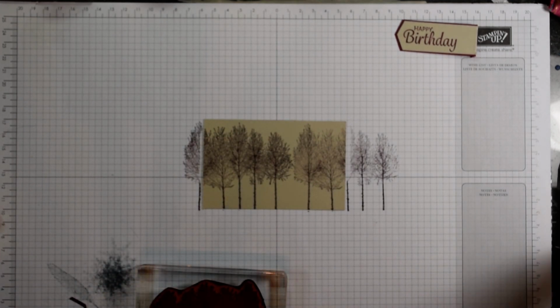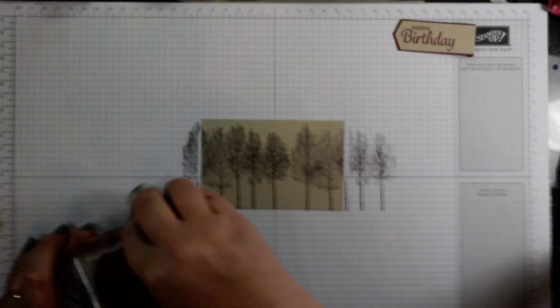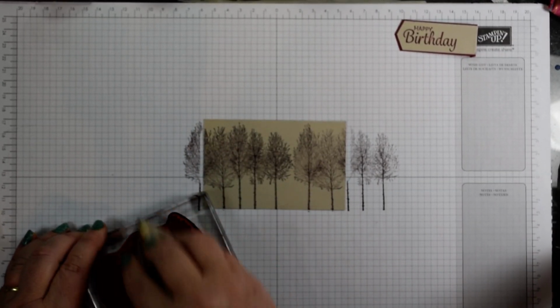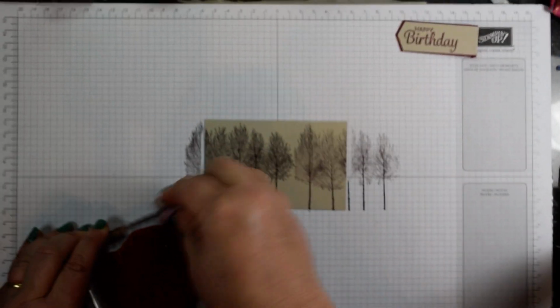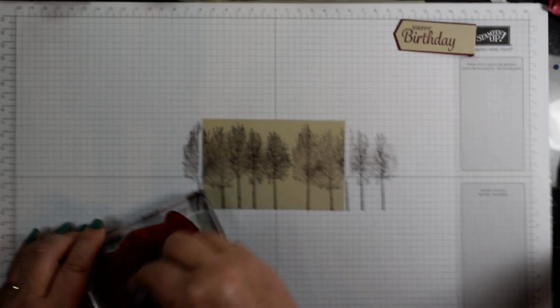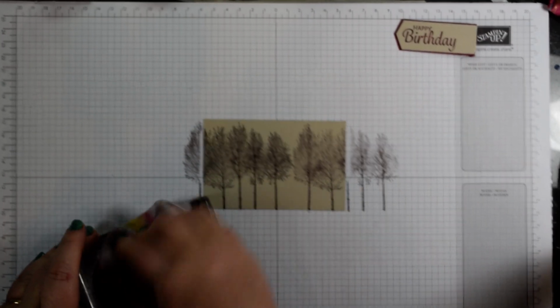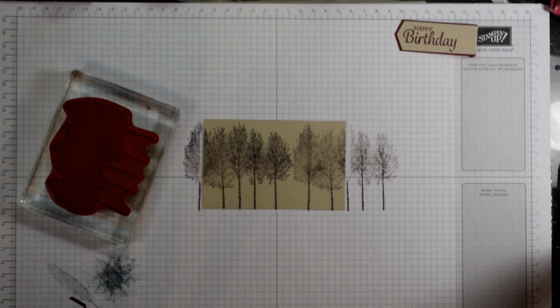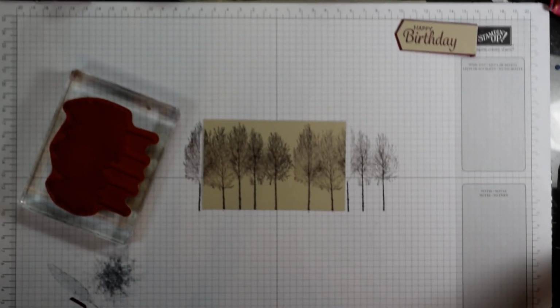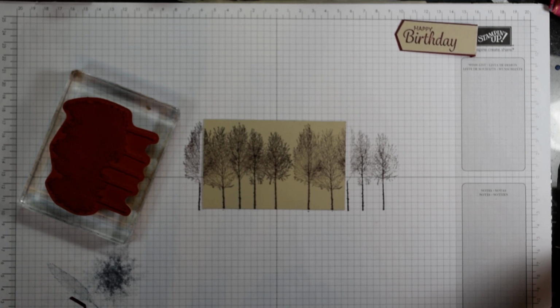I haven't inked that up quite as much as I did the first one, but that's fine because we're going to stamp over the top. I'm just using a piece of, it's a bit like Simply Chamois, just because it happens to be a damp, non-fibrous cloth. Don't use baby wipes. Most of them have fibres on them, but these reusable ones like the Simply Chamois are fabulous for getting a nice finish. So the next bit, I am going to be doing some heat embossing, should have said,